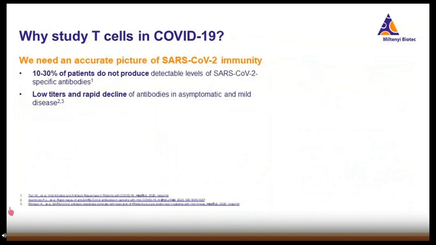And just as a note, I really have to say, for me, it is absolutely amazing how many studies are currently being conducted to disentangle the immune responses to SARS-CoV-2. But let's have a look at some of the key findings. So for example, it has been shown 10 to 30% of patients do not produce detectable levels of SARS-CoV-2 specific antibodies. And furthermore, in patients with asymptomatic or mild disease, the antibody titers are actually really low and also rapidly